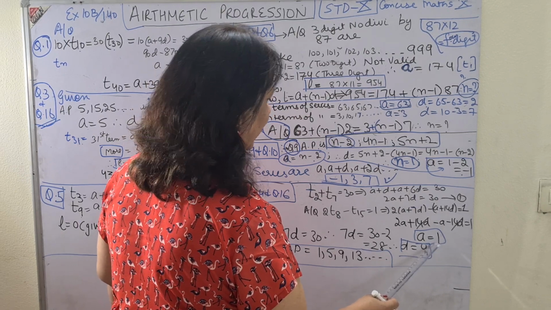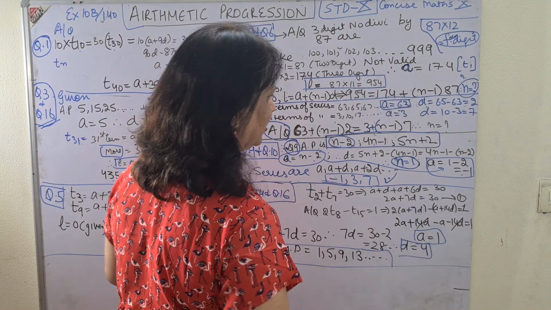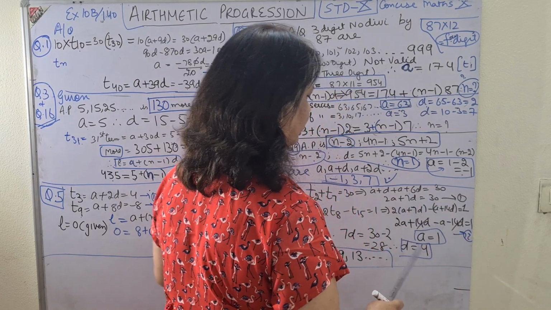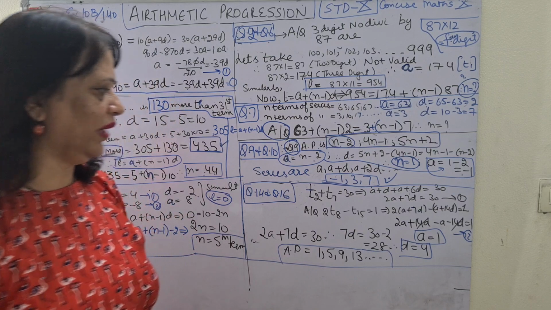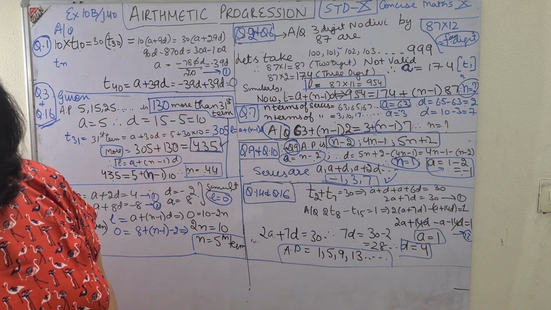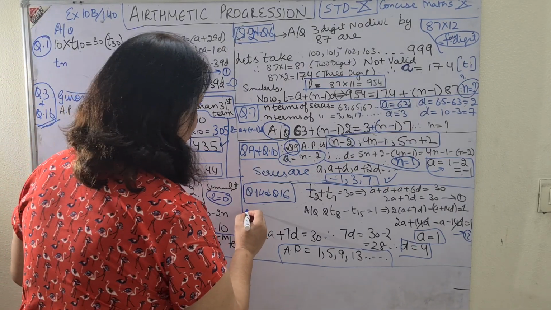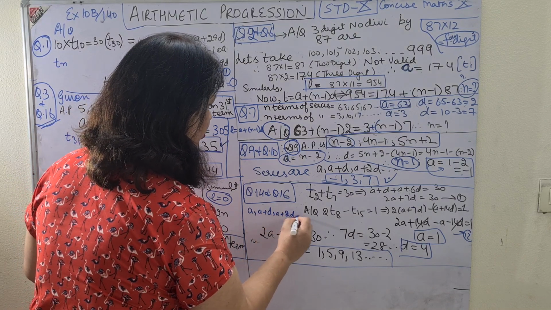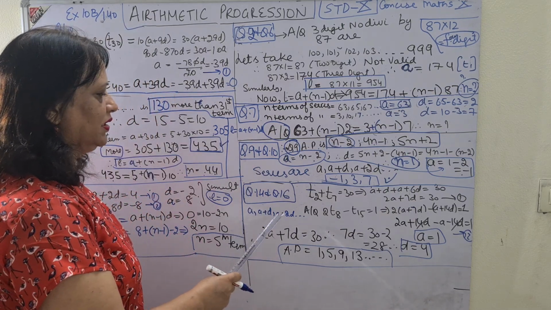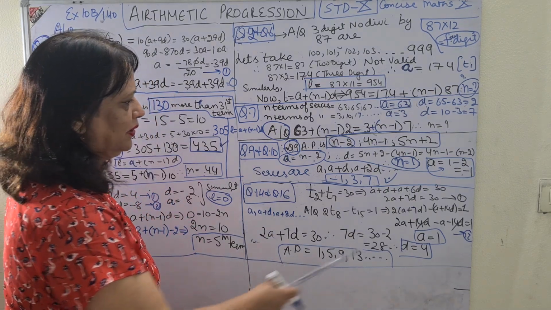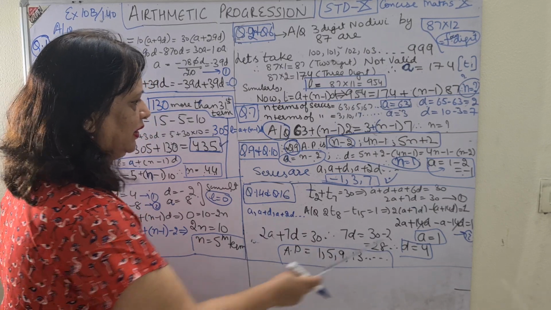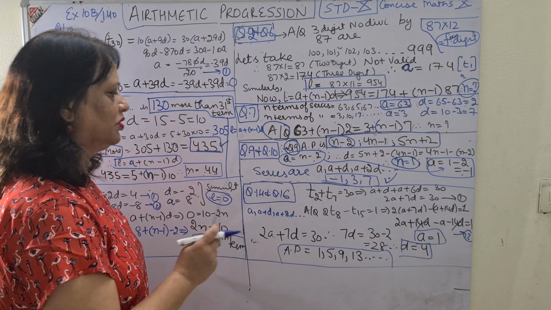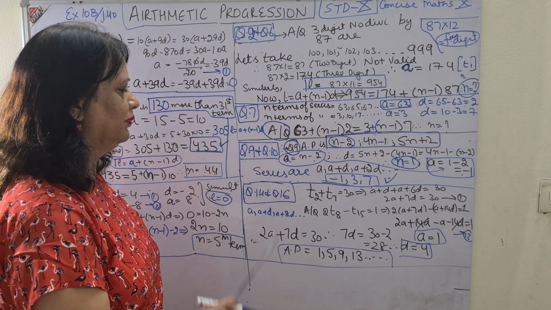When I got 1, I substituted in one of the given equations, and I got the D value equal to 4. They have asked me to find the AP series. Find the AP, and the AP series you know is A, A plus D, A plus 2D and so on. Please substitute the values, children. First is 1, then A plus D, 1 plus 4, 5 and so on. And question 16 is also the same. Question number 14 and question number 16 are the same.